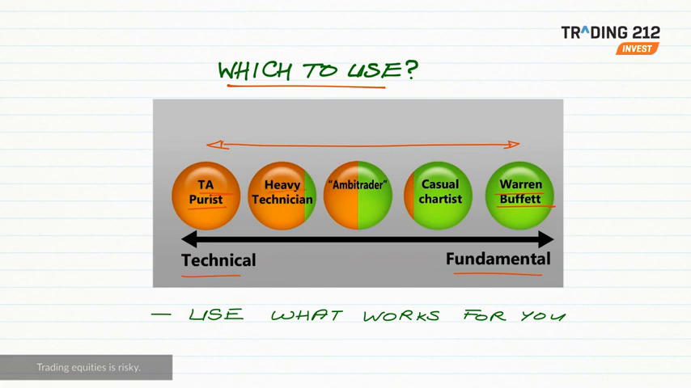And then a heavy technician might make most of their decisions using technical analysis, but might keep an eye on things like earning reports or pay attention to major macroeconomic releases. Ambi trader is a term I've just made up. It represents someone who's half and half. Maybe they use technical analysis to confirm the decisions they're making from looking at the fundamentals, or maybe they use technical analysis as a way to time their entries and exits after deciding what to do based on the fundamentals. And a casual chartist is someone who heavily focuses on fundamental analysis but might cast their eye over a chart